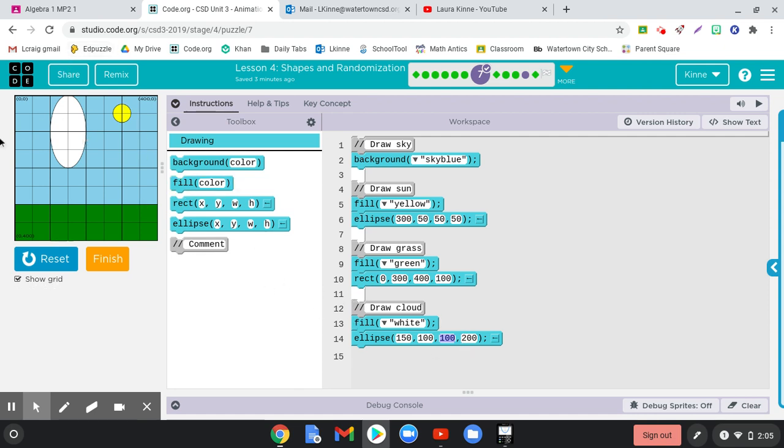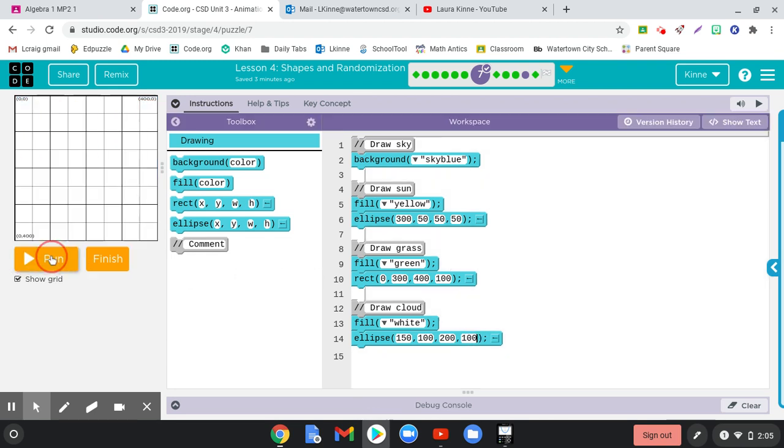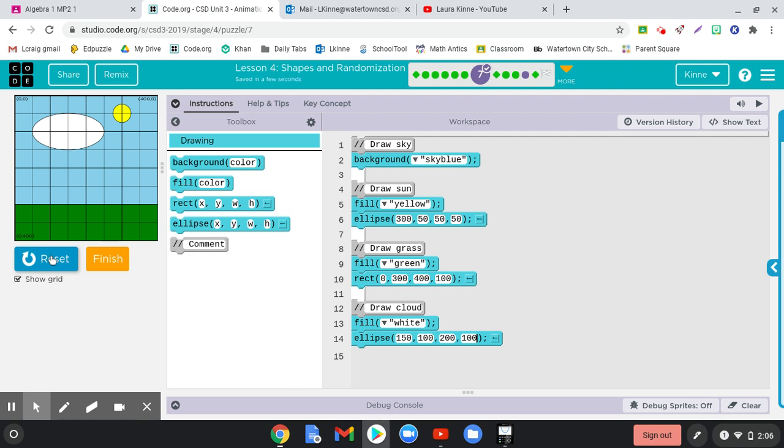Well, we want the width to be wider, so why don't we make that 200 and make our height 100 and see what happens. There you go. Okay, just a basic, simple scene there, but again, here's your starting point. 150, 100 is where the center of that circle is, where a rectangle starts on the edge, and then your